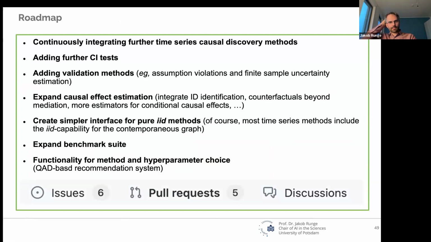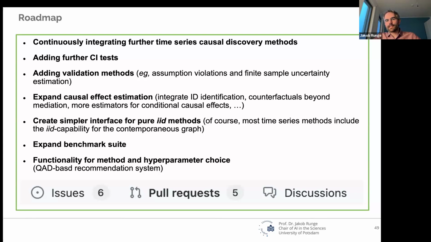My roadmap, there's lots of things that I want to do, and I'm happy for any pull requests on new functionality. So I'm trying to integrate further time series causal discovery methods, adding further CI tests. One branch that I'm looking into in my group is adding validation methods. So can we check assumption violations?